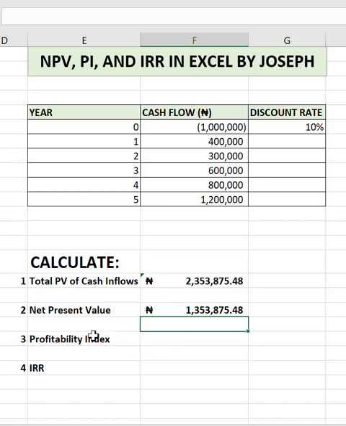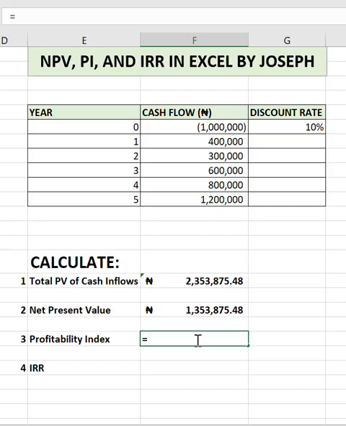So we are to calculate the profitability index. The profitability index simply means the measure of value per unit invested. How much value will you get for every 1 unit of money invested? So it is a ratio, not profit. We want to know the value that we get for this investment. And the formula is